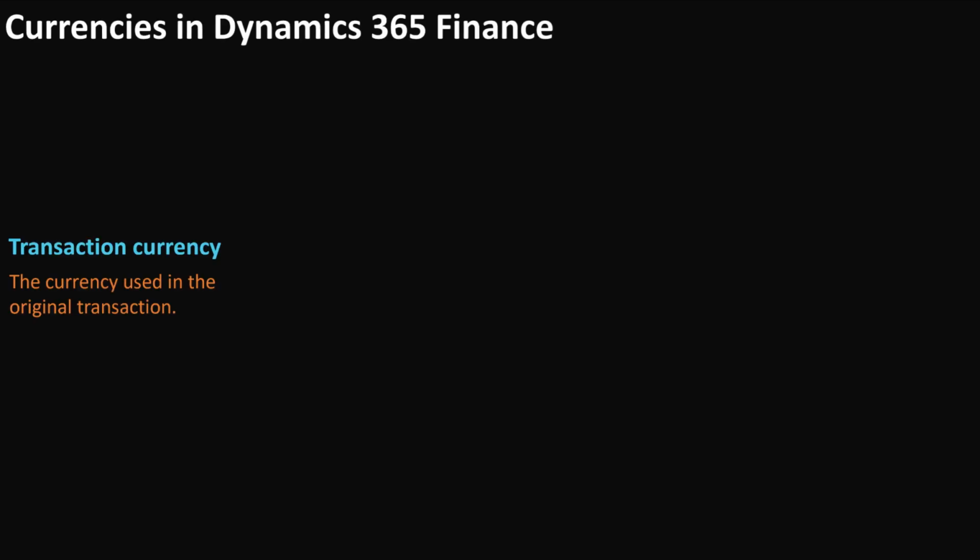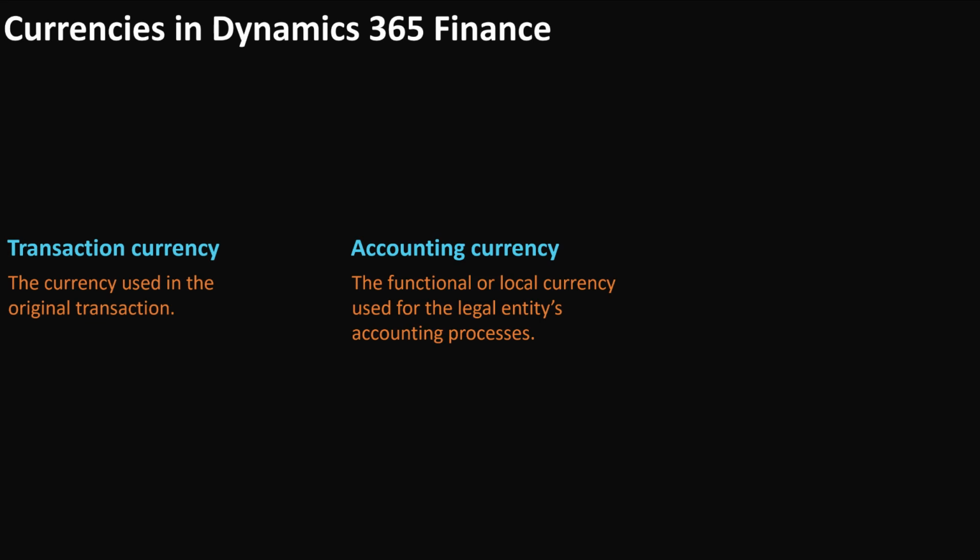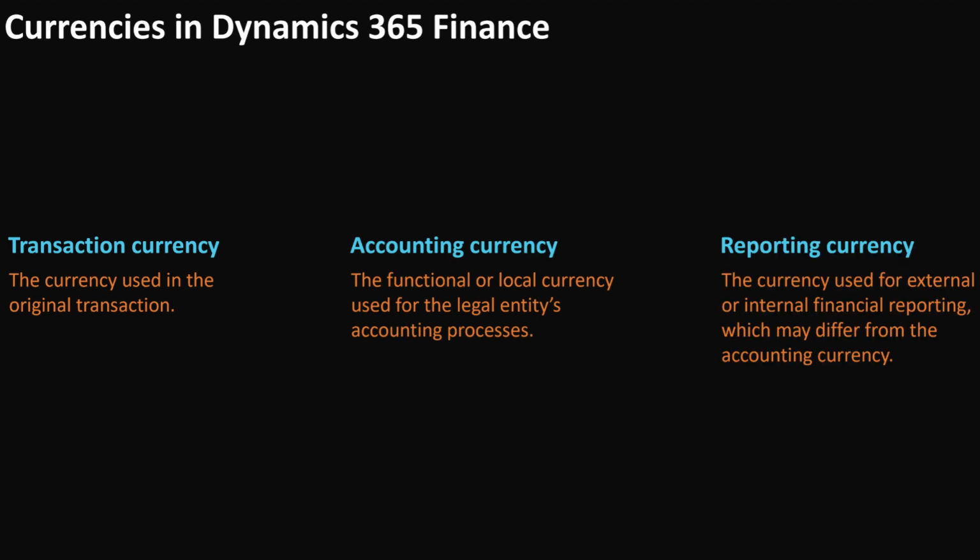In Dynamics 365 Finance, every transaction can be recorded in three different currencies. Transaction currency: the currency used in the original transaction. Accounting currency: the functional or local currency used for the legal entity's accounting processes. It is defined based on how the company wants to represent its financial reports. And we have reporting currency: the currency used for external or internal financial reporting, which may differ from the accounting